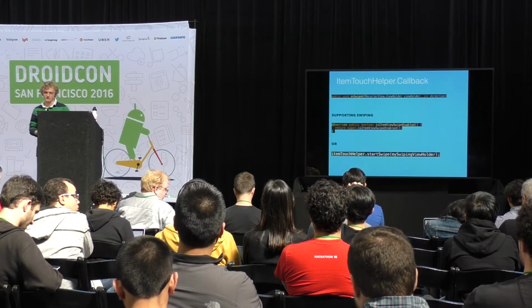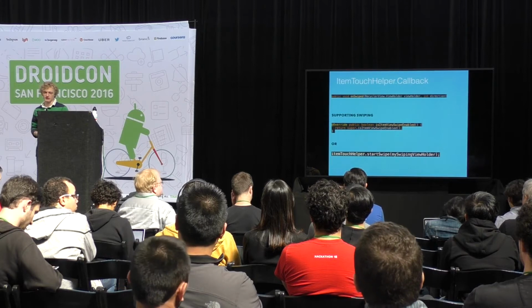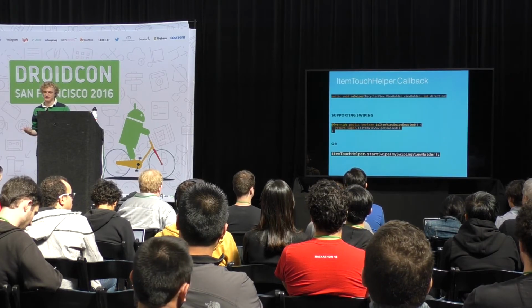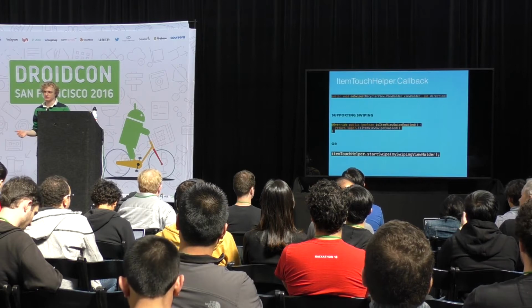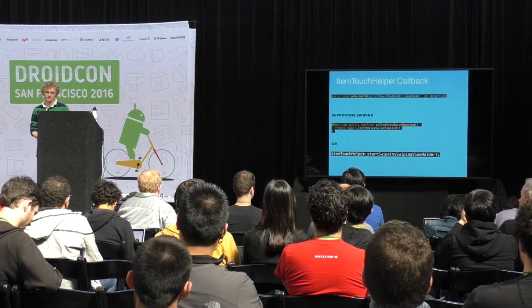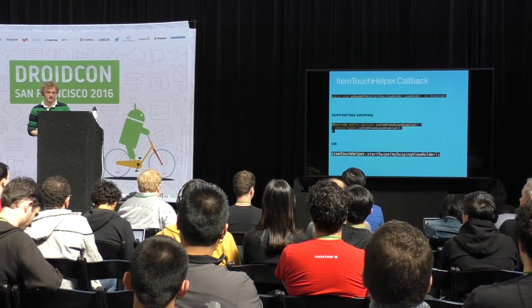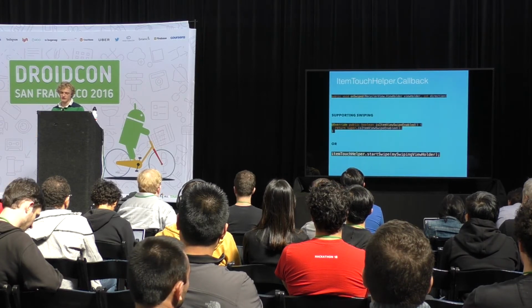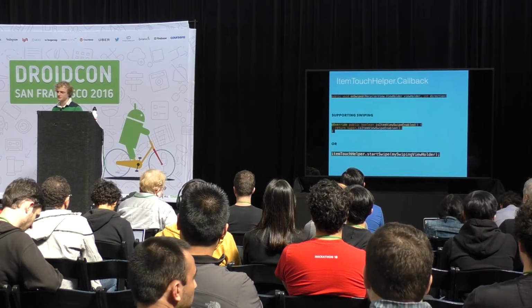Is item swipe enabled? It actually returns true by default, which makes sense, because when a user starts swiping left and right on your view, he probably wants to dismiss it. But then again, you could override that. You could return false,